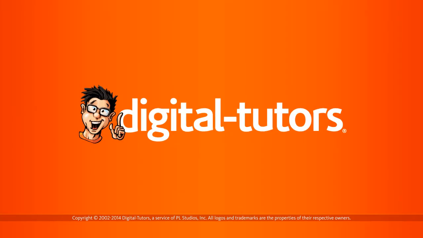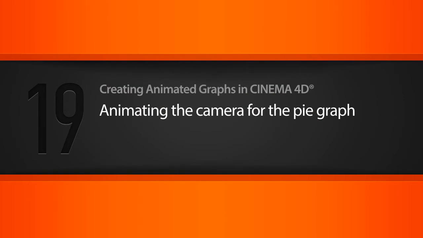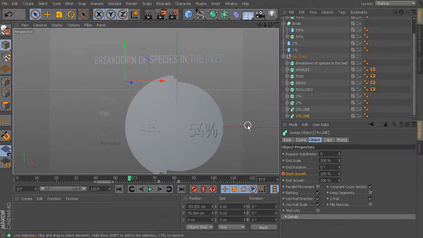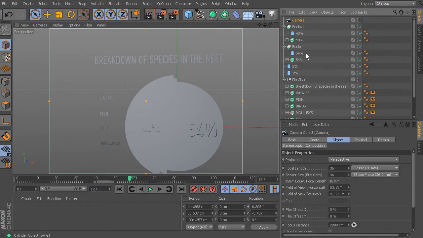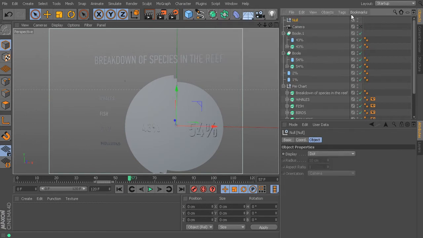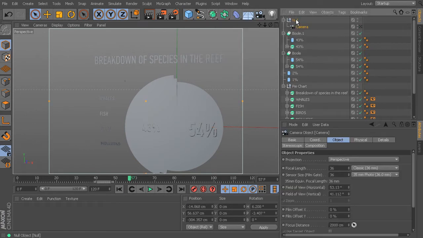In this lesson, we'll be animating the camera for the pie graph. Okay, so let's just emulate our setup we had the first time around. We'll want to add a camera, just like that, and we'll want to also add a null object for its rig. So we'll grab our camera, drop it under the null,